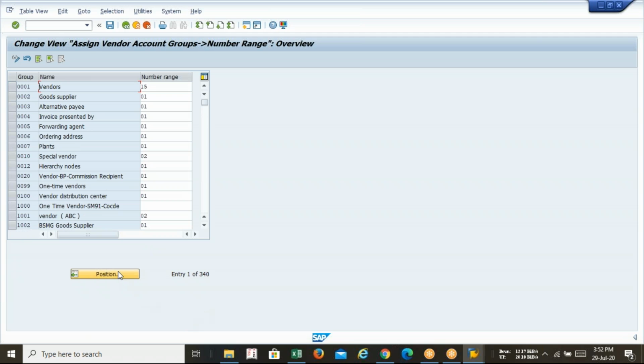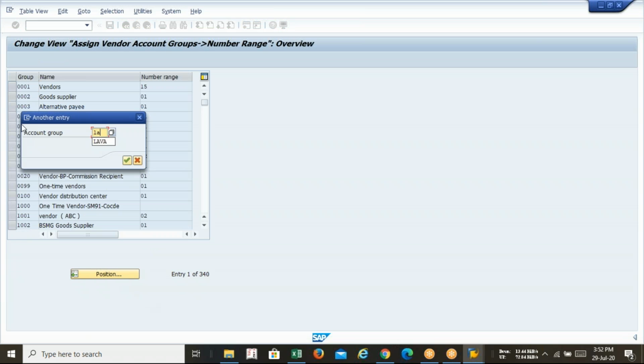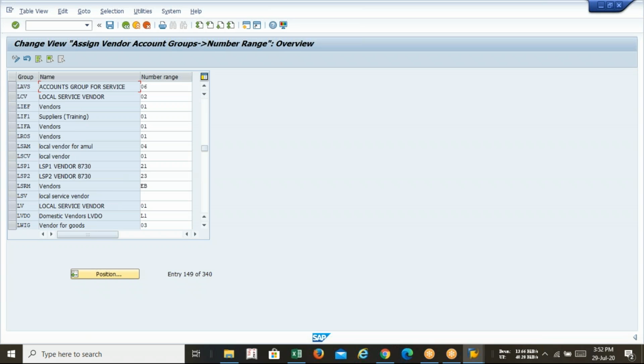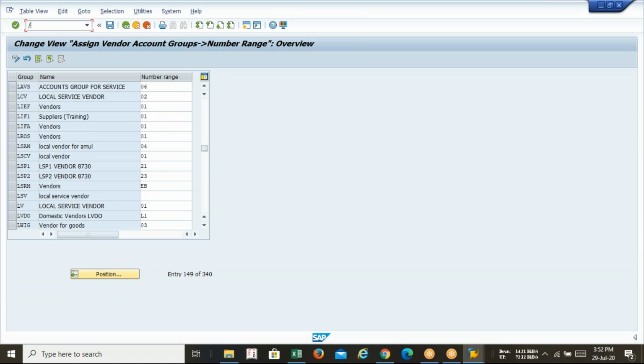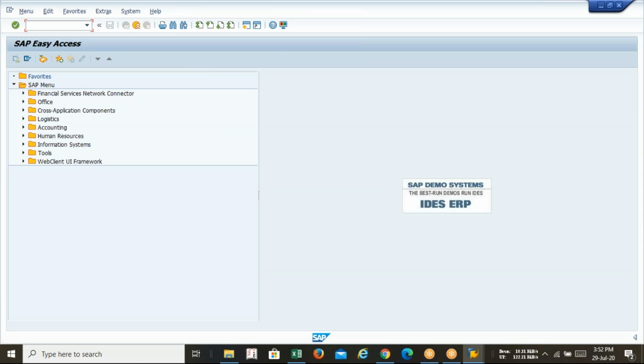Okay, so LAVS and LAVG I have created. LAVS service already has 06 assigned. So everything is ready, and now we should create the vendor centrally.